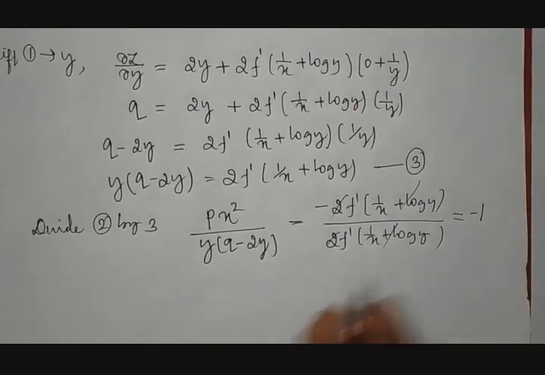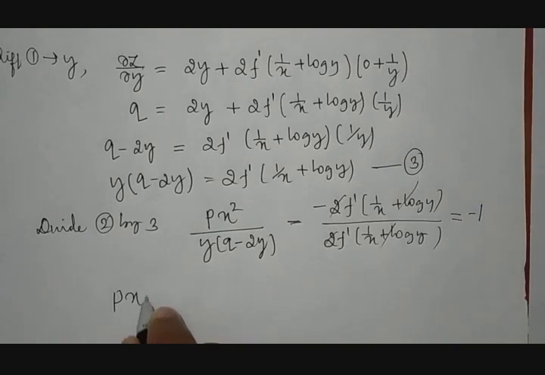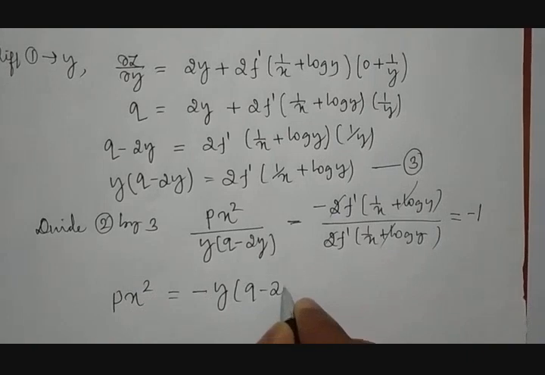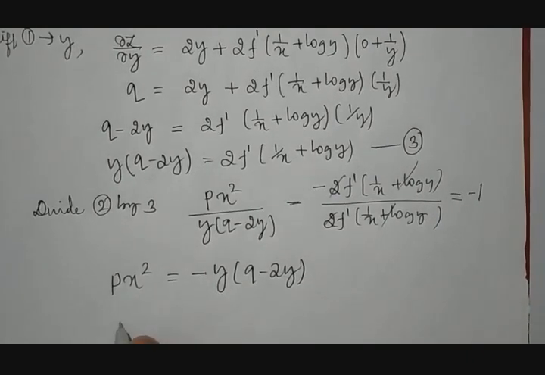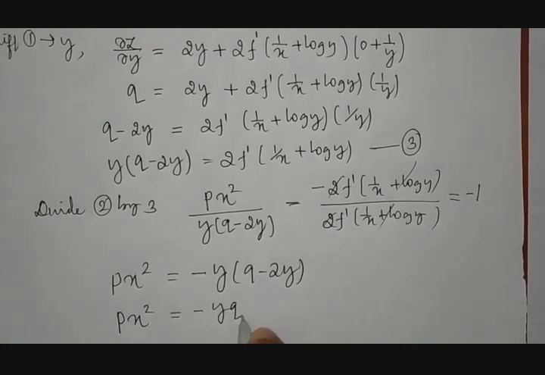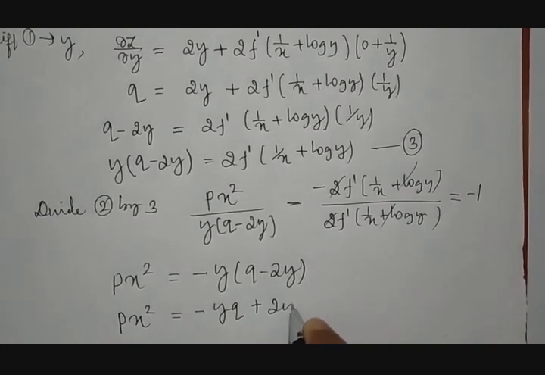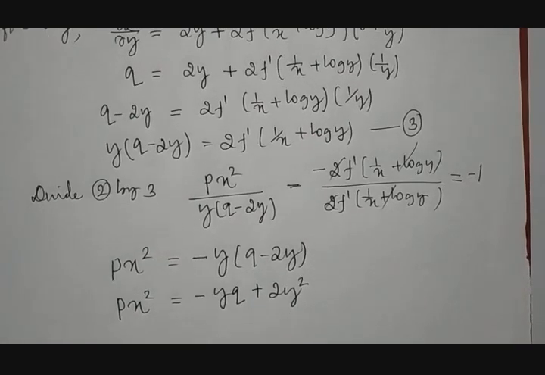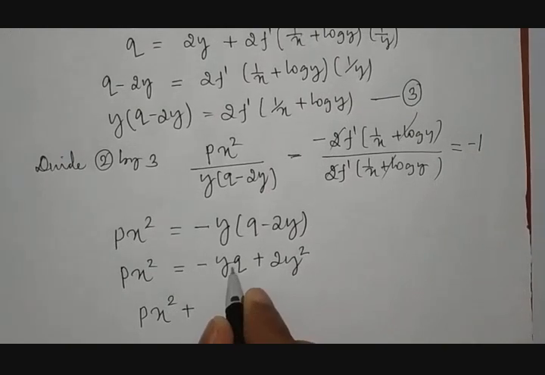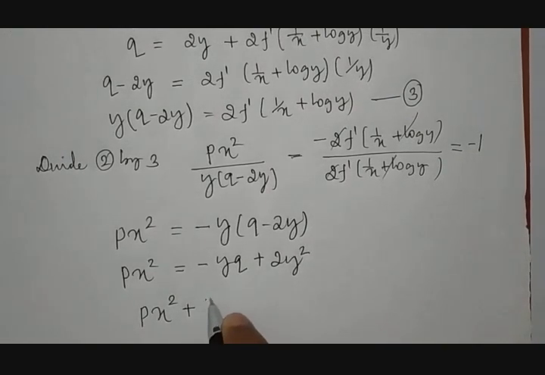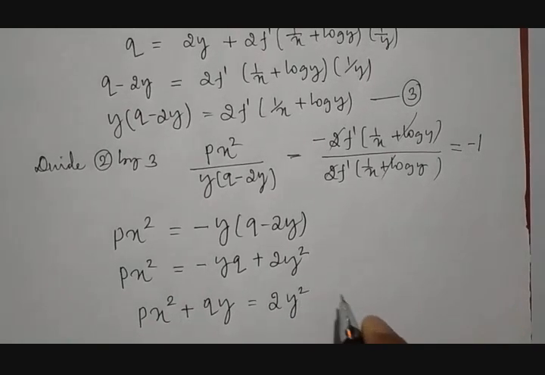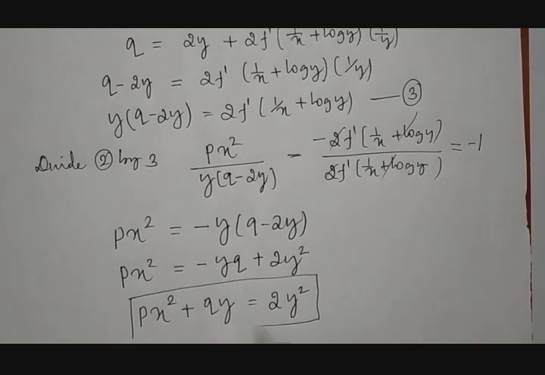Therefore, send this denominator to the other end. Then it becomes p x square is equal to minus y into q minus 2y. Then if we multiply out, it becomes minus y into q plus 2 times y square. Therefore, p x square, plus taking this term to the other end, q into y is equal to 2 times y square. This becomes the required